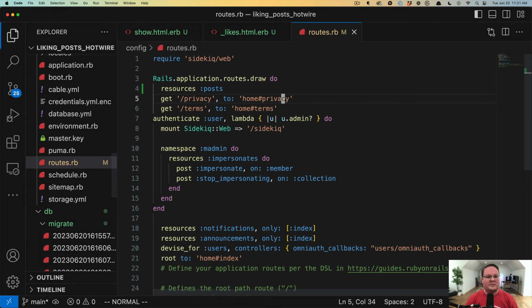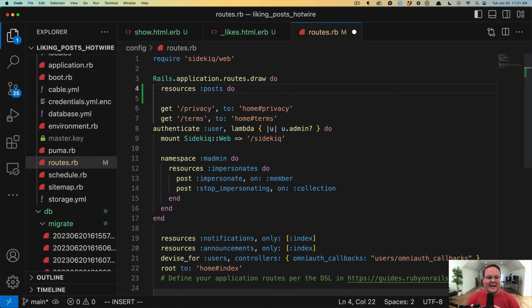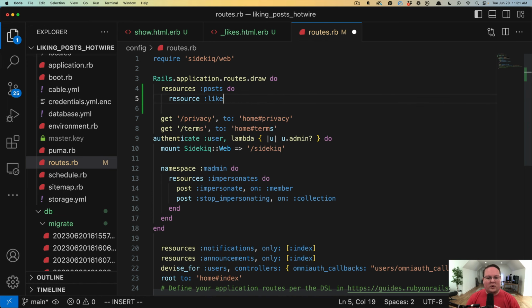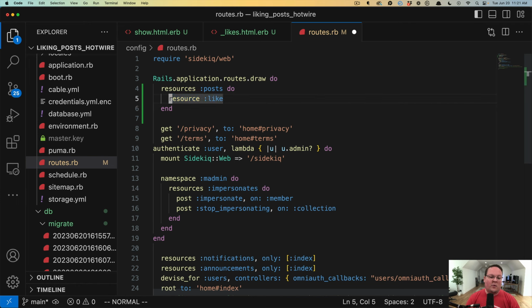So let's go to our routes.rb file, and under our resources posts, we can add a singular resource for like, and this is going to then add /posts/:id/like. And each user will only ever have one like per post, and that's why we want to have a singular resource. They can create the like, they can delete the like, update the like, whatever you would want here